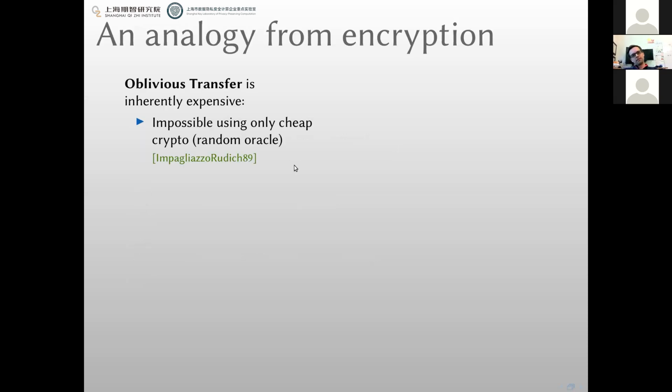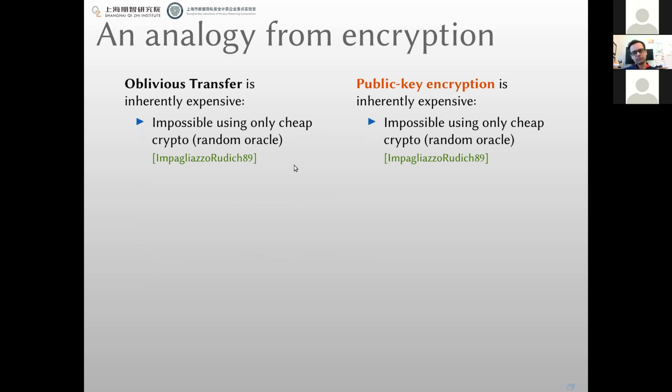So I want to motivate OT extension using public key encryption as an analogy. So like I said, oblivious transfer is expensive, and there's good reason to believe that it has to be expensive. It has to be more expensive than symmetric key cryptography. And it's the exact same reason why we think public key encryption has to be inherently expensive. So actually, I'm citing the same paper here. The paper actually showed that